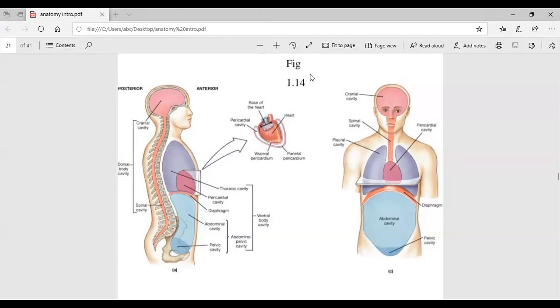These terms would be difficult for you, but once you get used to them, it will be better for you. And the lowermost in the center, in the stomach, is the abdominal cavity. All the organs inside the abdominal cavity are the organs of the digestive system, and below it is the pelvic cavity. The pelvic cavity is for the organs of excretion and also the organs of reproduction. So this is a very basic idea of the different body cavities present. Let's go ahead.